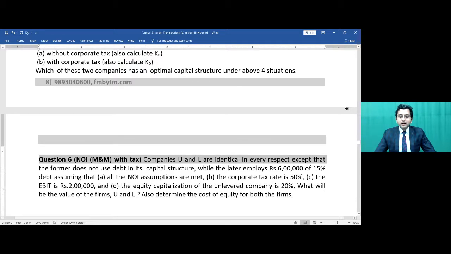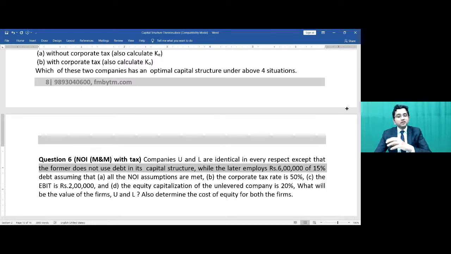Companies U and L are identical in every respect, except that the former does not use any debt in its capital structure. So U is an unlevered company, L is a levered company. Look, though we are calling it M&M with tax, none of the steps of M&M with tax are similar to M&M without tax. It is an entirely different approach, altogether different. So I personally prefer to call it the net operating income approach with income tax. U is the unlevered company, L is the levered company,